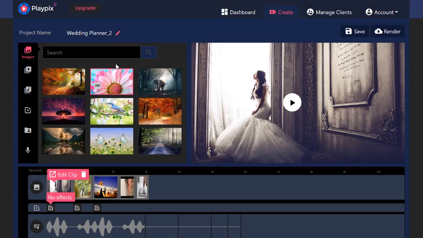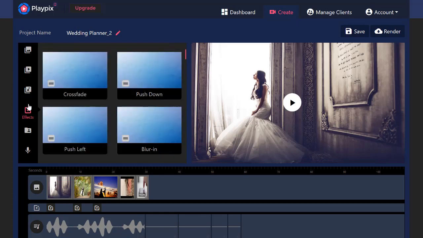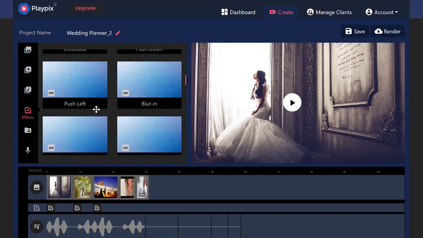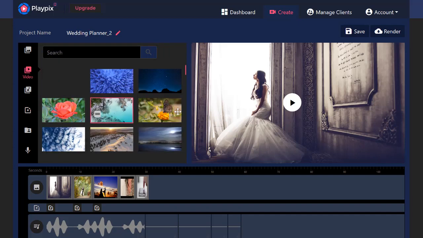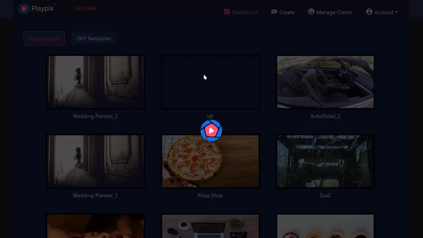You can add branding to these, you can add text to them as well, and it's very easy to use the software. The editing features within the software are very easy to navigate, very easy to find, and it does have a lot of different effects. As you can see here, they've got a number of different music, audios, and they've also got a number of videos as well. So with that said, let's go to the dashboard and have a look at the very beginning